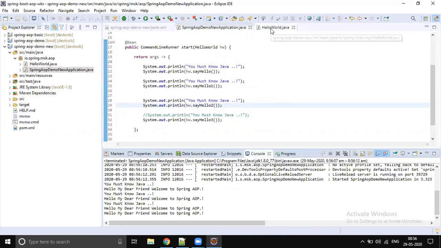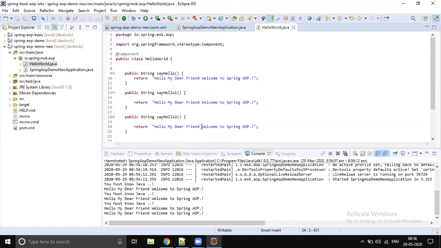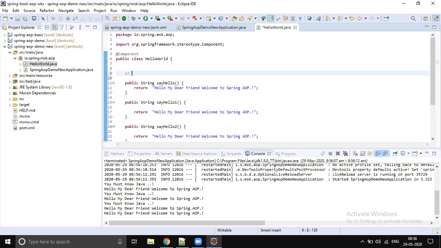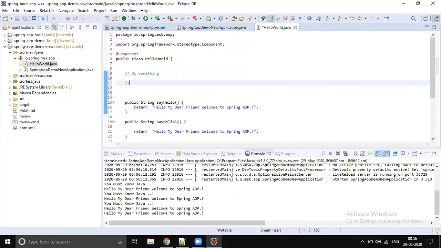So whenever, especially as we are relating to AOP now, whenever you would like to do something, it can be anything. On the below cases, there are many places we use AOP.